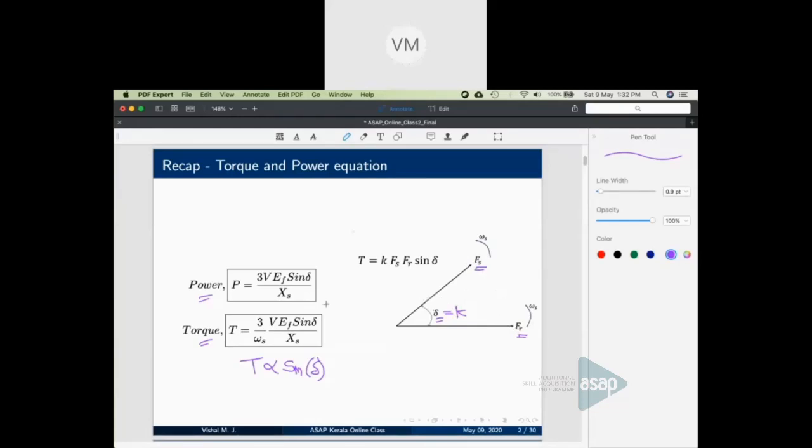If you consider the case of a DC machine, this angle delta is 90 degrees and they are not rotating. Stator field and the rotor field are stationary in space because of the presence of commutator and brushes. In induction machine as well as synchronous machine, Fs and Fr are both rotating at synchronous speed. Since both of them are rotating at the same speed, the relative speed is zero, or delta is a constant. So remember this: delta has to remain constant for a constant torque, and torque is proportional to sine delta. These two key points must be in your mind once we discuss what is being taught in today's lecture. So I will skip some slides.